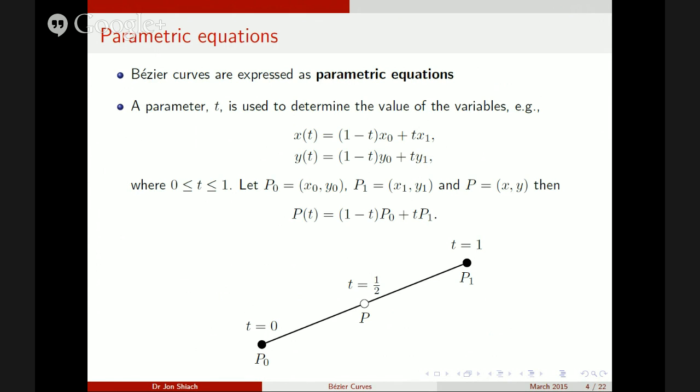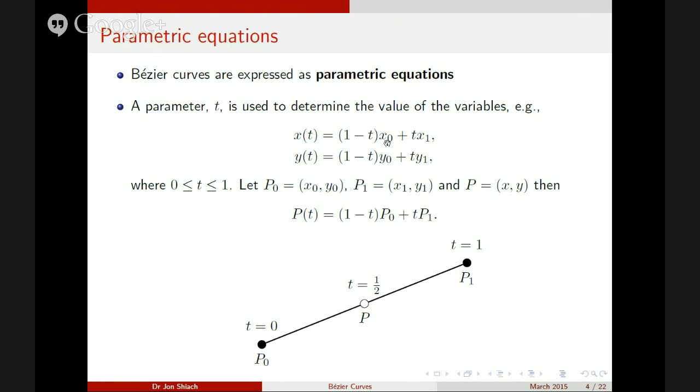Okay, so Bezier curves are expressed as parametric equations. This is quite similar to how we express vector equations. We have some parameter. We usually use t to be our parameter, although that could be anything, could be arbitrary. And we define a point on our curve or on our function by this parameter value. So for example,